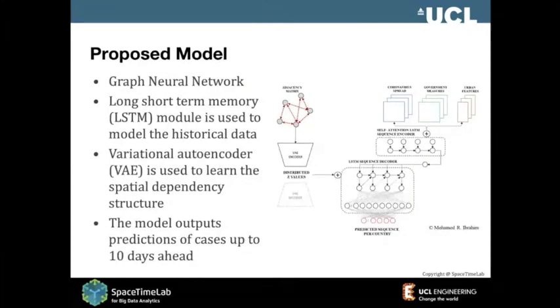So how do we do it? So again, we make a graph neural network of 282 countries. It's a fully connected network, but we define adjacency metrics based on the global distance. And we use the long short-term memory, this LSTM model, to capture this long-short trend. And more importantly, as we said, this spatial dependency structure is dynamic. So we use what we call the variational autoencoder to learn this, okay?